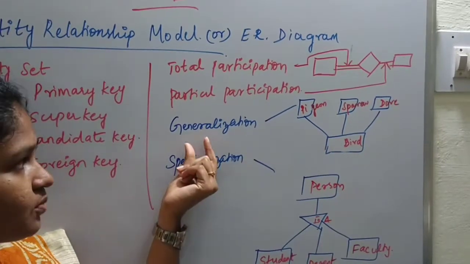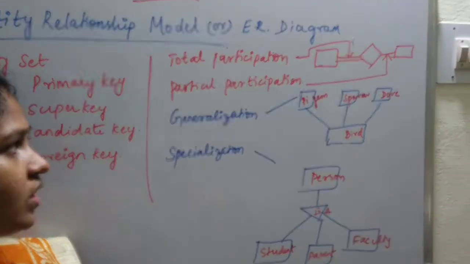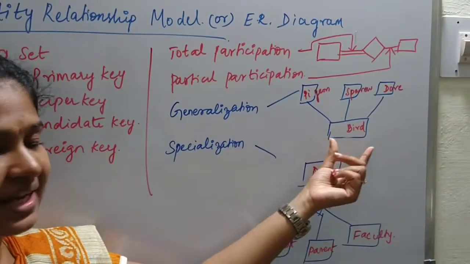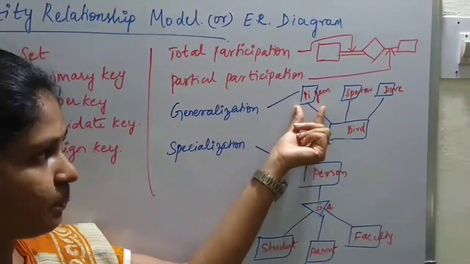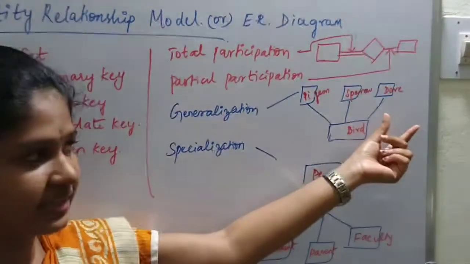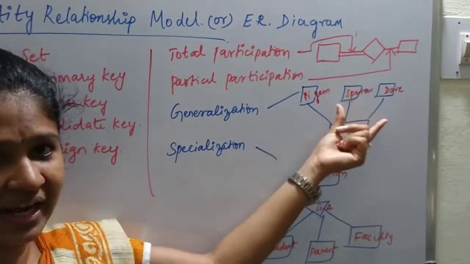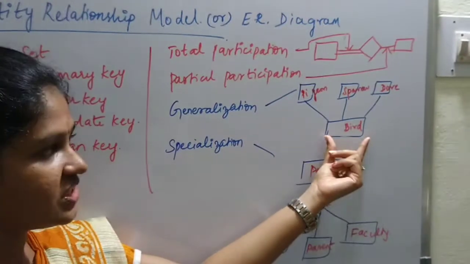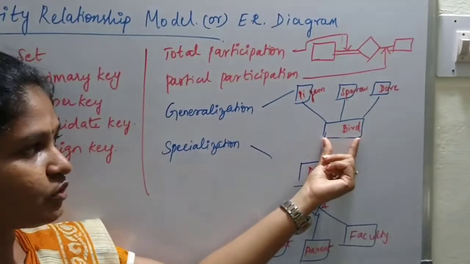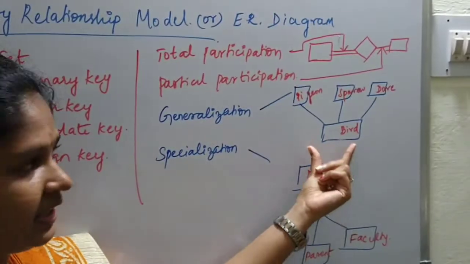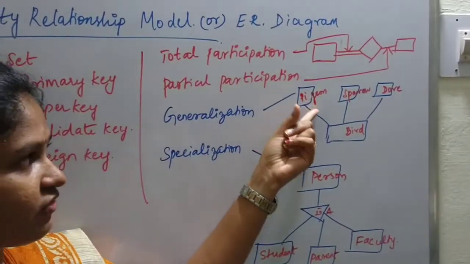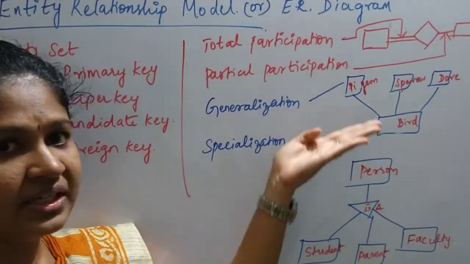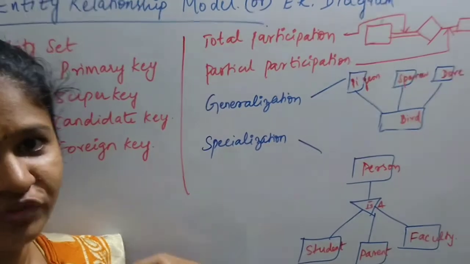Next we have a concept called generalization and specialization. Generalization means we generalize the attributes into a single entity. For example, you have pigeons, parrots, and so on, which are all different entities. All together they have some common attributes. These common attributes can be together termed as a bird, which gives the common attributes. The common attributes can be mentioned below this entity. The specialized attributes referring only to pigeons, sparrow and dove can be mentioned in their own entities. It is used to reduce the clumsiness of diagrams in the representation of your ER diagram.